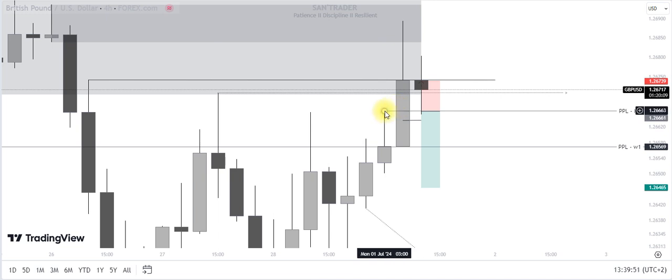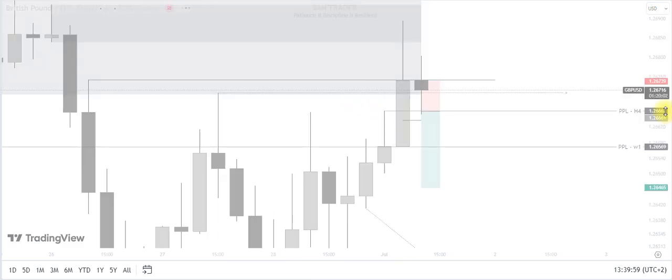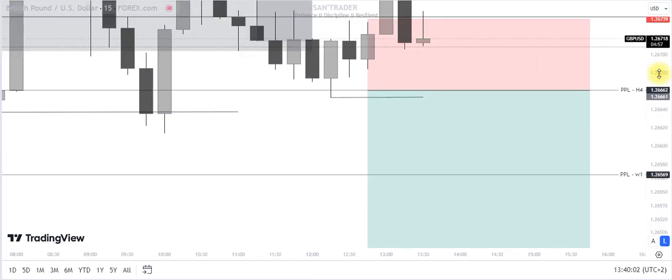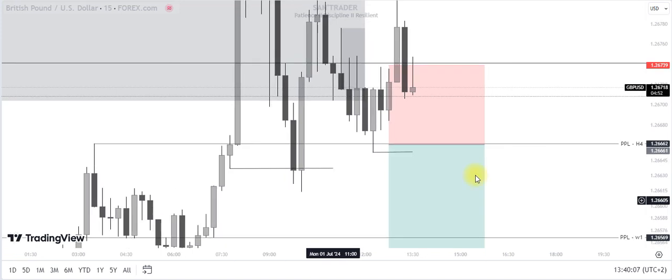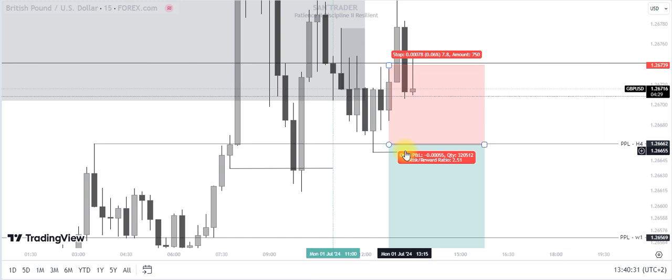So for now, let's do the basic one, right? So on which time frame do we use to trade H4? We will use the M15, 662, as you can see there. Okay. Now we don't have any close below this H4 PPL, right? So the H4 candle started at 11, so this was the start of the H4 candle. So we don't have any close below this level. So if we get a close below this level,